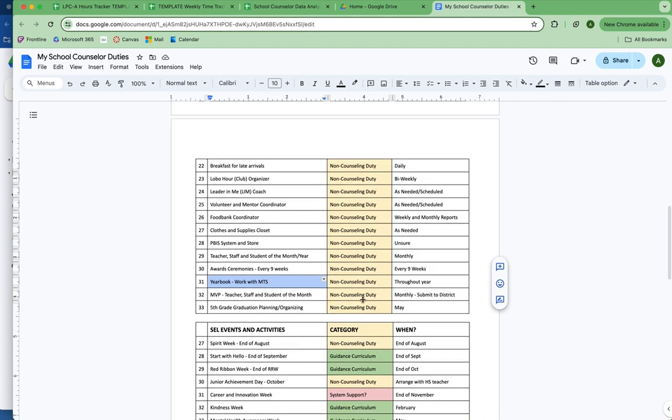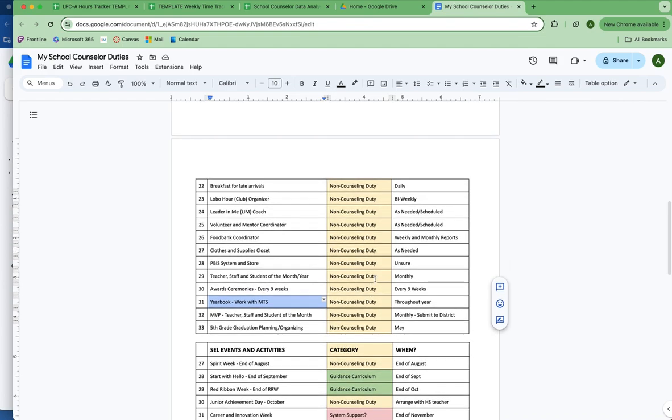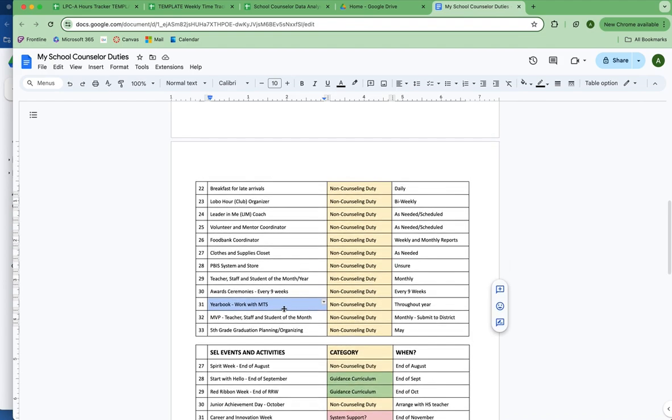Again, this is something you might want to work out with your administrator and be really clear on why you think it's a non-counseling duty. For instance, I do think the yearbook enriches the school, but it is not really directly impacting student well-being, mental, emotional, social well-being and health. So that's something I would put under non-counseling. That's something that you would want to work out